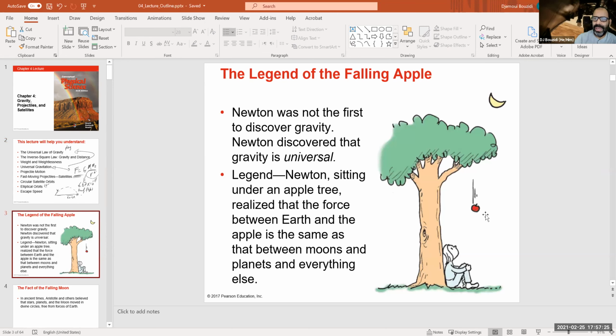Here is basically how the legend has it, okay? And I emphasize the word legend in here because it's not true. That Mr. Newton was sitting under an apple tree and realized that the force between Earth and the apple is the same as that between the Earth and the moon and planets and everything else. No. The real story is that because of the plague that hit London, which is similar to what we are going through right now, actually,